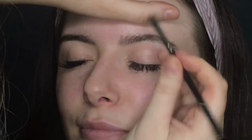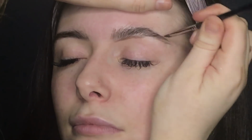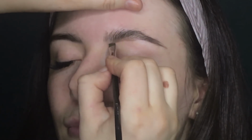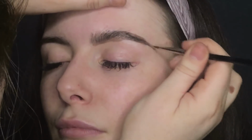Then taking a mix of the Olivia Bell Beauty Medium Brow Pomade and Inglot's Jawline, I'm just going to mix it up really well and kind of more watery, like you want the consistency to be see-through, and that's going to give you a see-through base for your brows, so when you do draw the hairs on, they stand out against the base. Does that make sense? So yeah, I use that to underline the bottom of the brow,